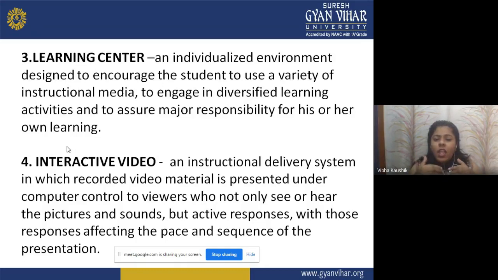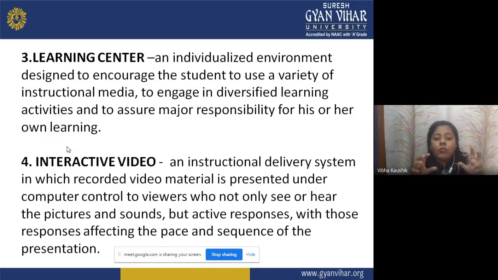Recorded video material will be presented to the students, so the students will learn through the recorded video material, which is presented in front of the students under computer control, meaning all the things will be